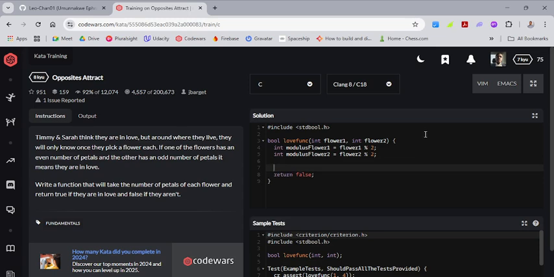What we're going to do right now is, they said that if one of them has an even number of petals and the other has an odd number, that means they're in love. That means you're going to use an and operator and not an or operator. So one has to be even and the other has to be odd. So how do we do that? Okay, let's go with this now. Let's say if